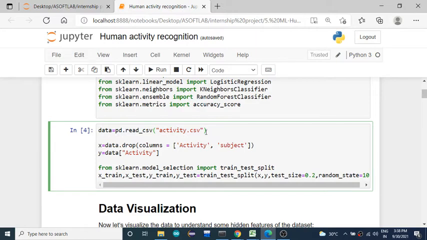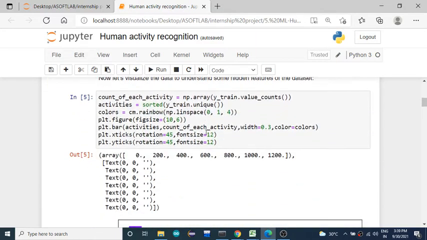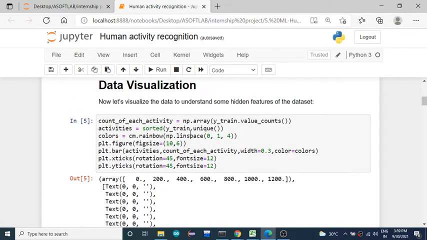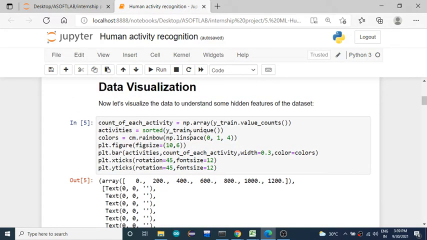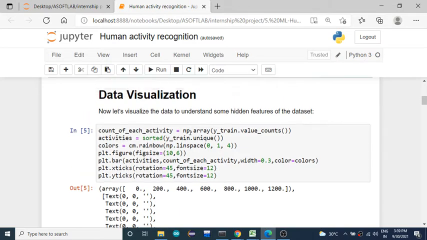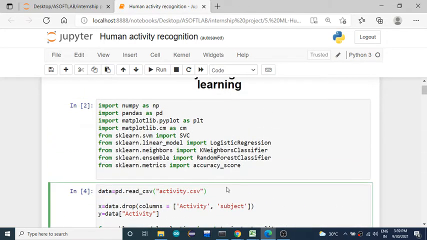After this stage, I need to perform exploratory data analysis, which is analysing the data by plotting, by visualizing the data. Now let us visualize our data to understand the hidden features of the data set. Before that, we need to know what features we have in our data set. data.head.